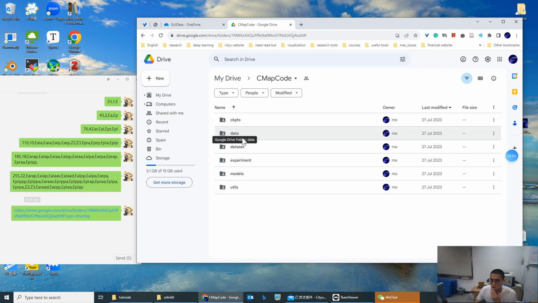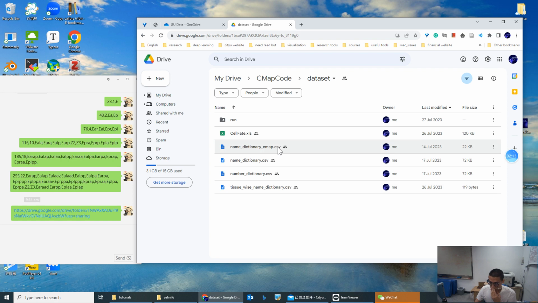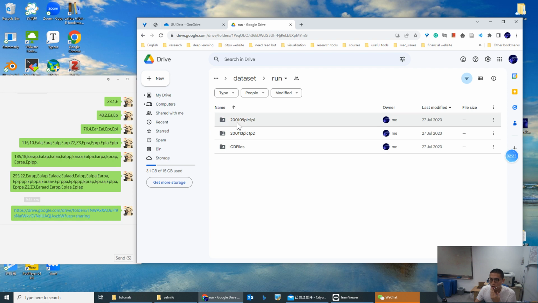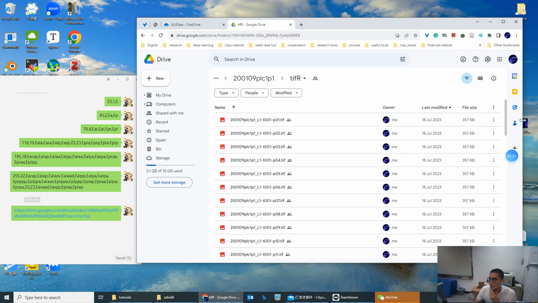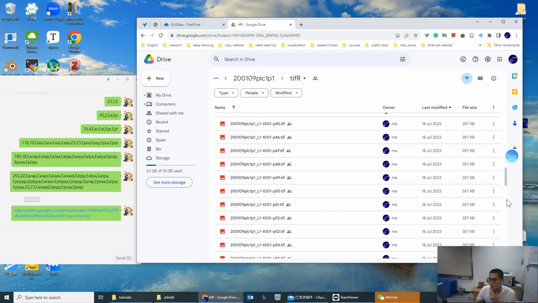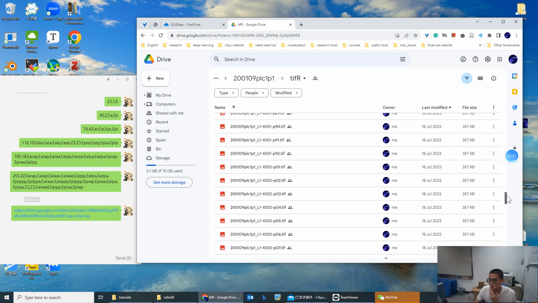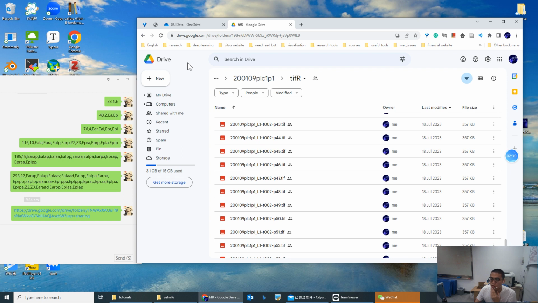This data folder, experiment and models is the code, and the data set is the data you want to run. For example, here I have two embryos and I have 10 time points for this embryo. After you upload it on your Google folder,